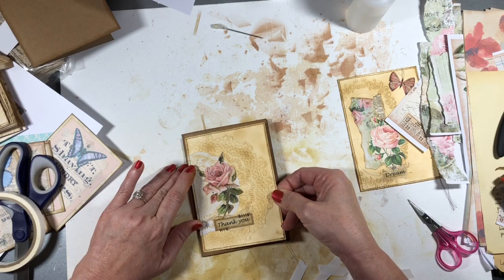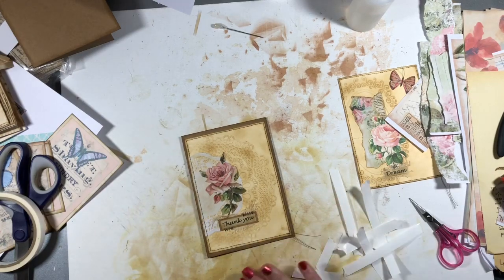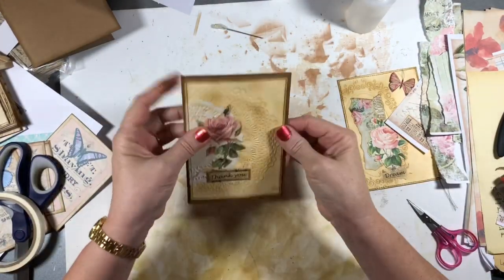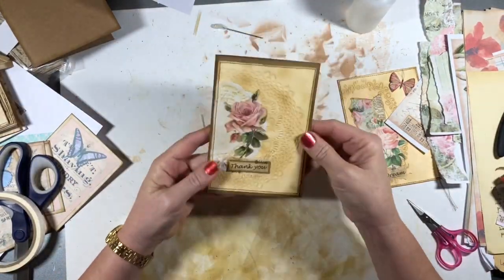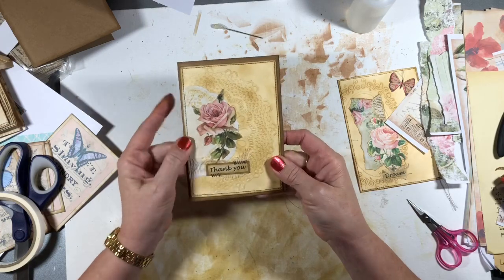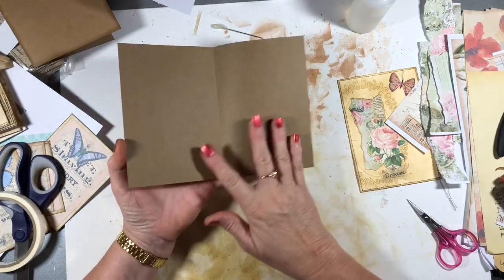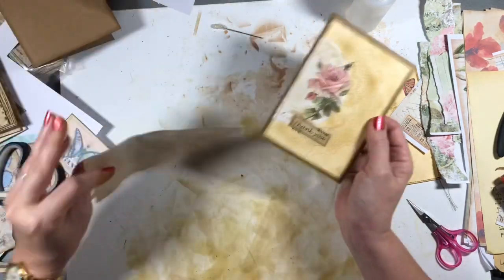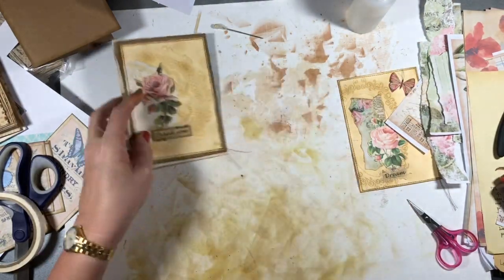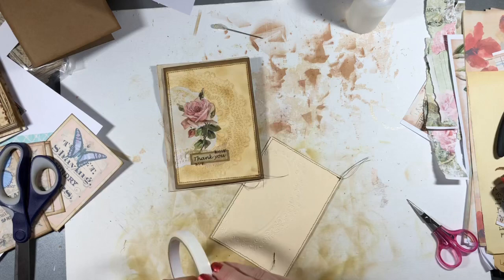Let's get rid of some of my mess there. So I've left a border, as you can see, around the card, so it just makes it pop a little bit more. I just think it's very simplistic but a beautiful gift. You write your own sentiment. I'll put an insert inside, and then with each one I put a hand-dyed envelope as well. These ones particularly are very simplistic, not a lot to them, but just